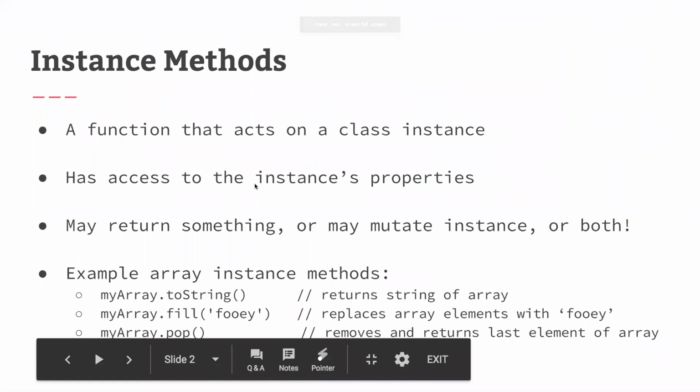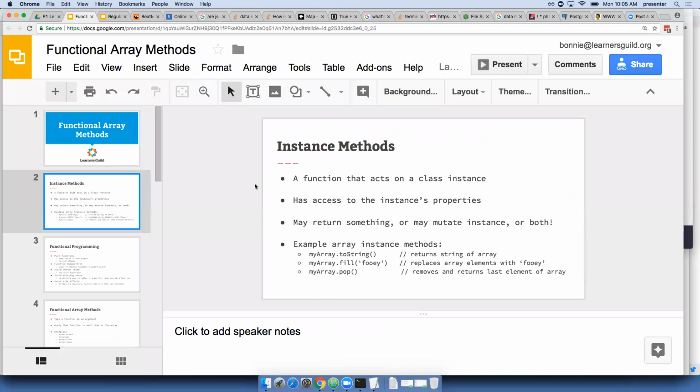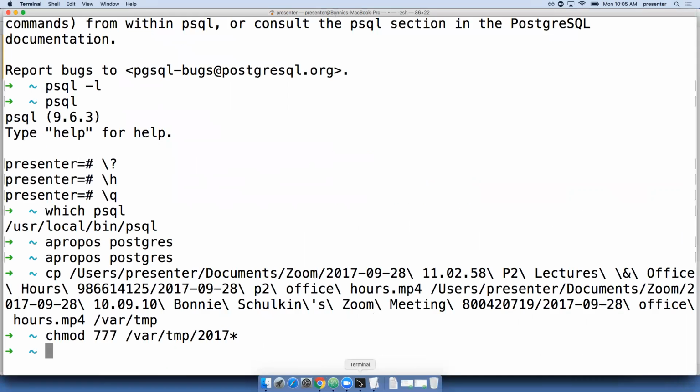All right, so I wanted to start with some vocabulary. Instance methods. We talked about this in the functions lecture, but a method is a function that acts on a class instance. This is a little bit different than a class method, although I might be saying these wrong for the specific JavaScript vocabulary, but a class method